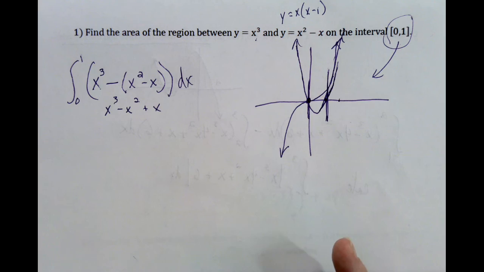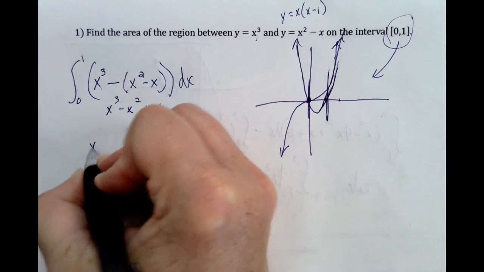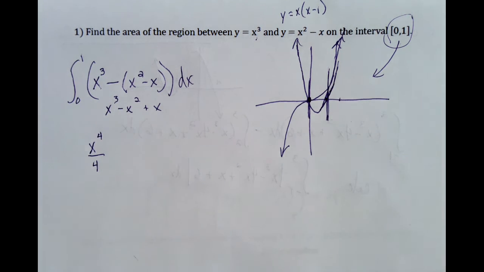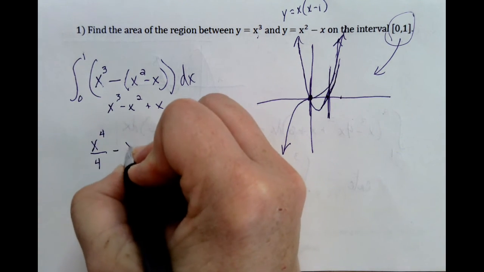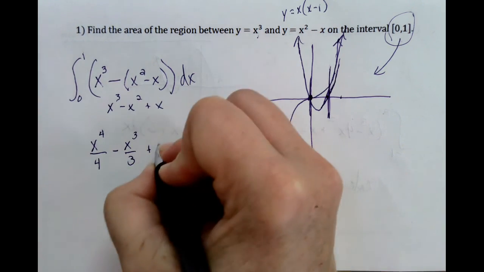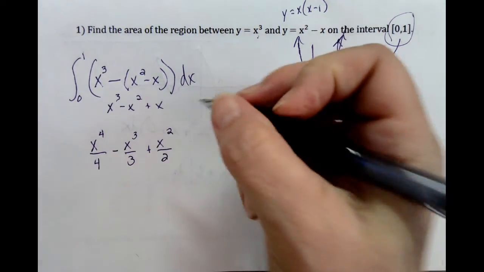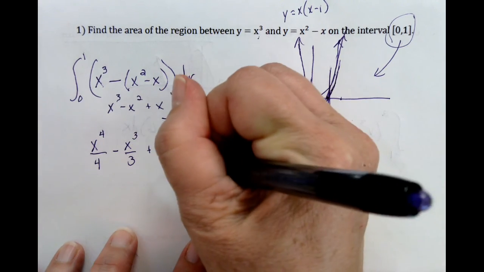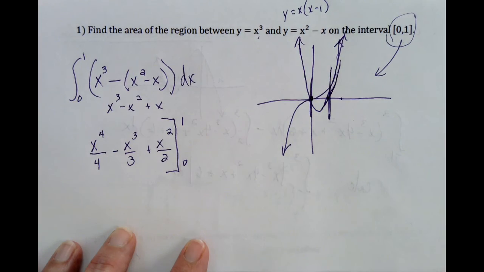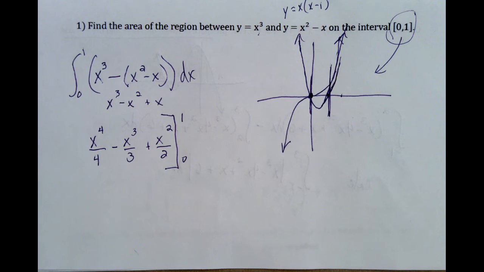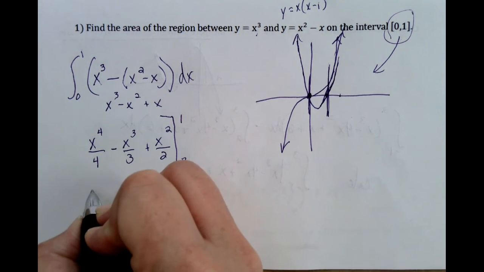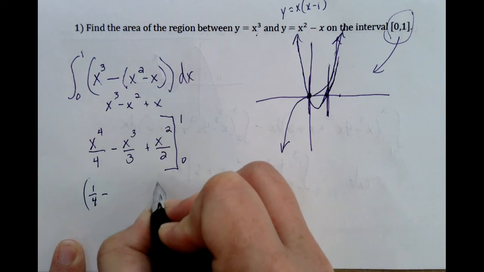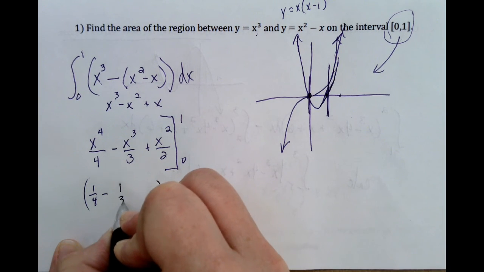So when I integrate, it'll be x to the 4th over 4 minus x cubed over 3 plus x squared over 2. And I need to evaluate that from 0 to 1. And correct, the plus c would cancel out when we do our next step, so that is why I left it out. So this is going to be, using parentheses, 1/4 minus 1/3 plus 1/2